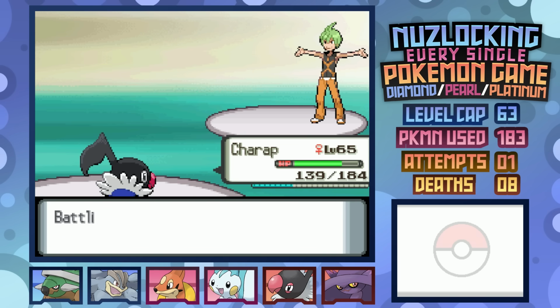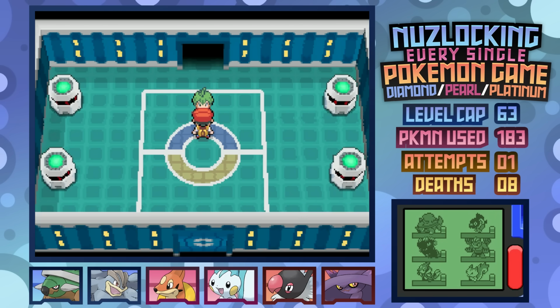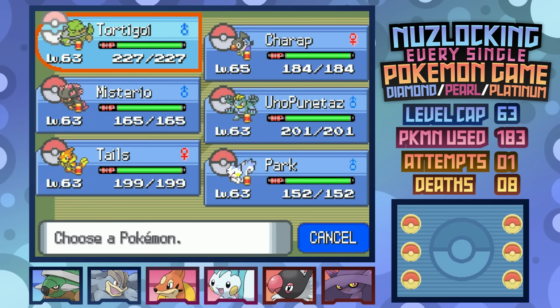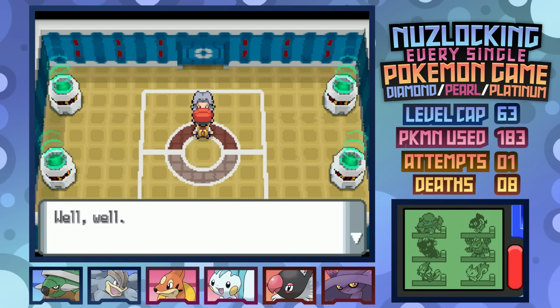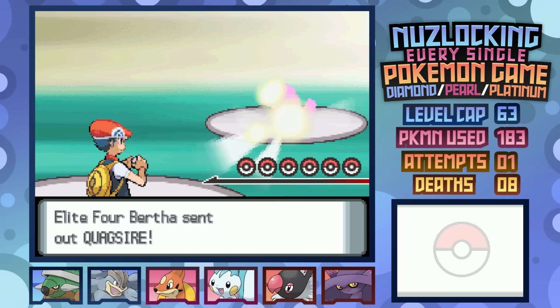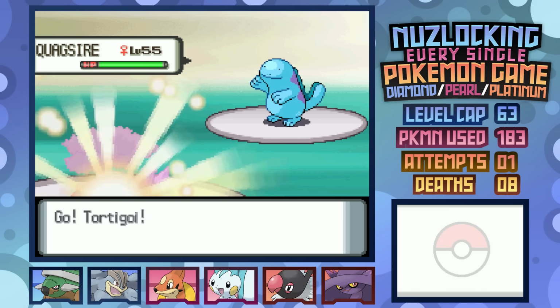Chatot is really insane, though it's really being outshined by Mismagius. I kind of feel bad. The same can actually be said about Bertha in terms of difficulty though, especially when I have multiple Pokemon that counter her own. First up is Quagsire, so of course I obviously go with Torterra so we can fire off